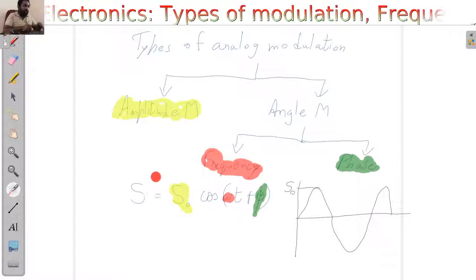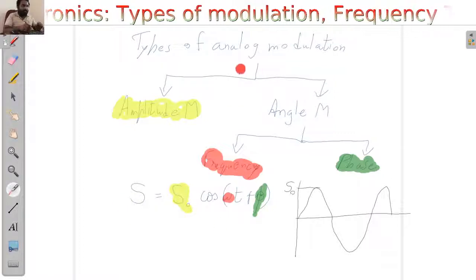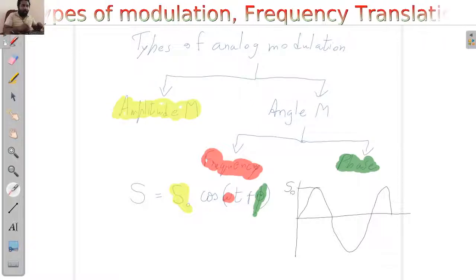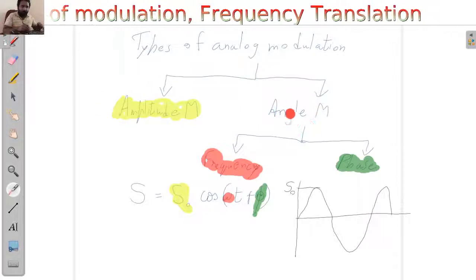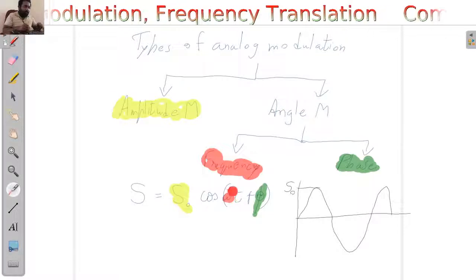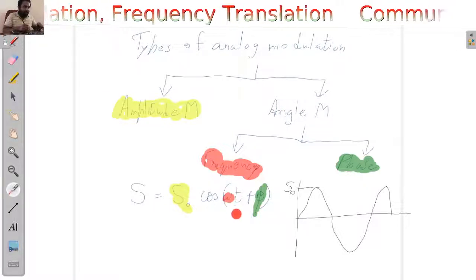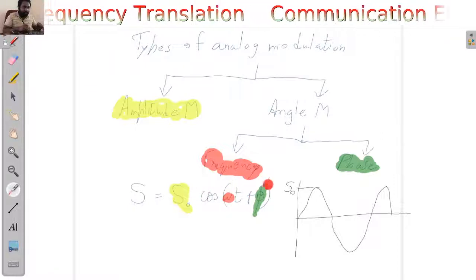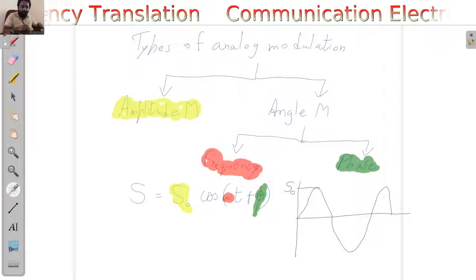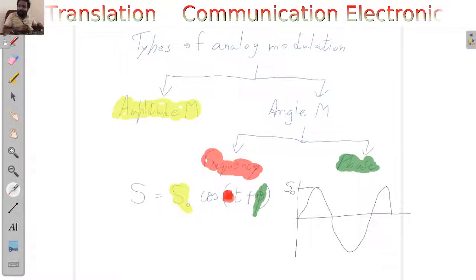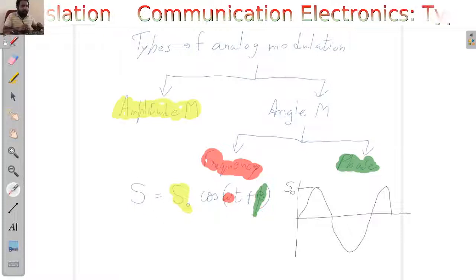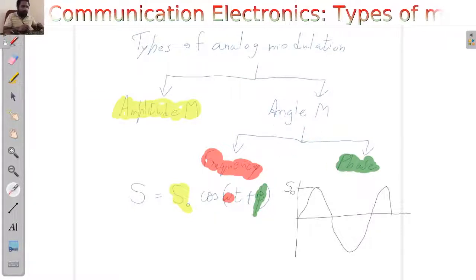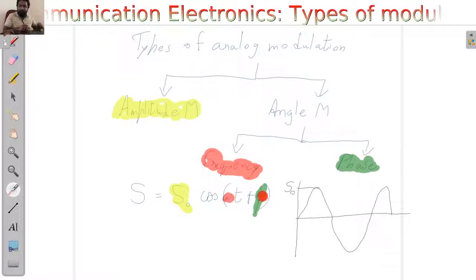So this is how the analog modulation is classified. You can classify the modulation scheme into amplitude modulation and angle modulation. And angle modulation means whatever modulation we are doing onto the angle of this cosine. So this thing inside the bracket happens to be the angle of the cosine, and if you are playing with the angle of the cosine to modulate, then it is called angle modulation. And inside that, angle modulation is split into two. One is the frequency modulation, and the other one is the phase modulation.